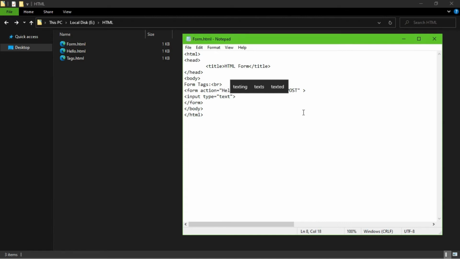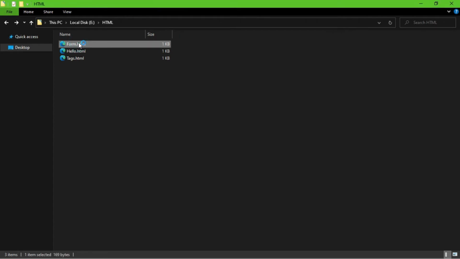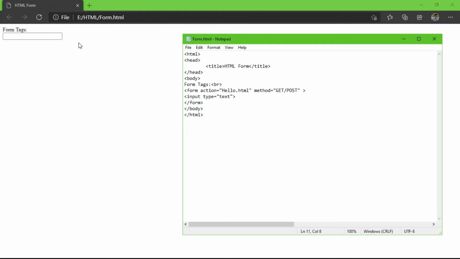So let's see the output of the code we have written right now. Let's run the form.html file. You can see the output of the form.html file, and you can see the simple field.